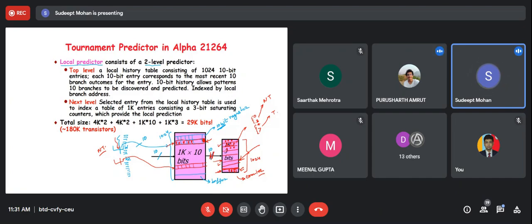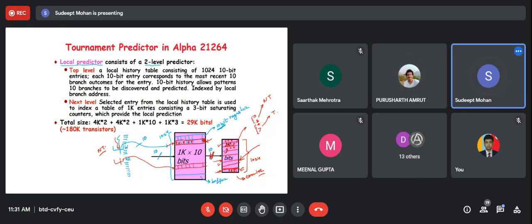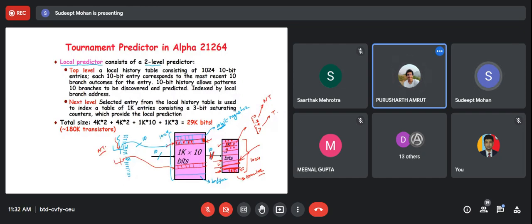Sir, yes, so my confusion was that once it was not taken in the first stage, we inserted that 0 from the right. Now, this is pointing to the second last entry in the second stage. So how do we change the last entry only? How do we remember that we have to change the entry to 1110? Because now it is pointing to the second last entry. Right, right. No, so see